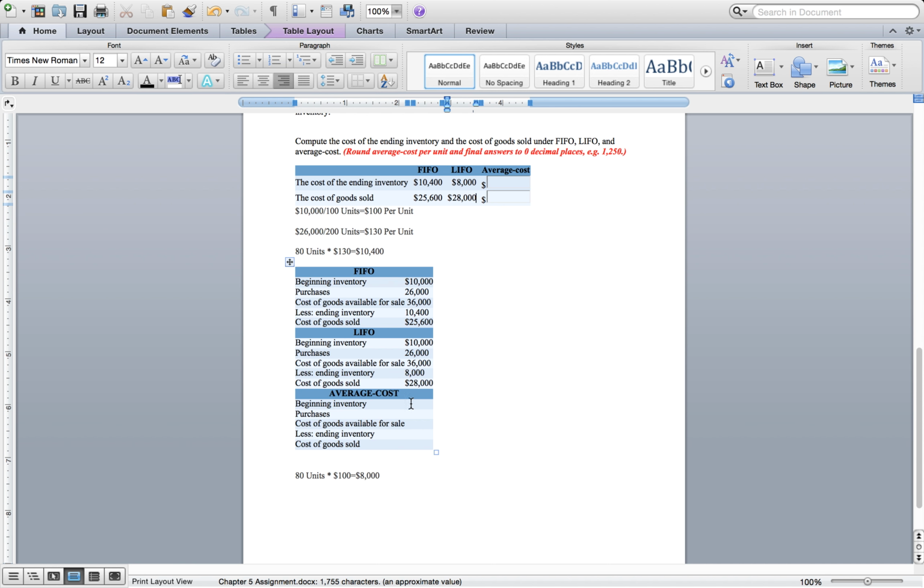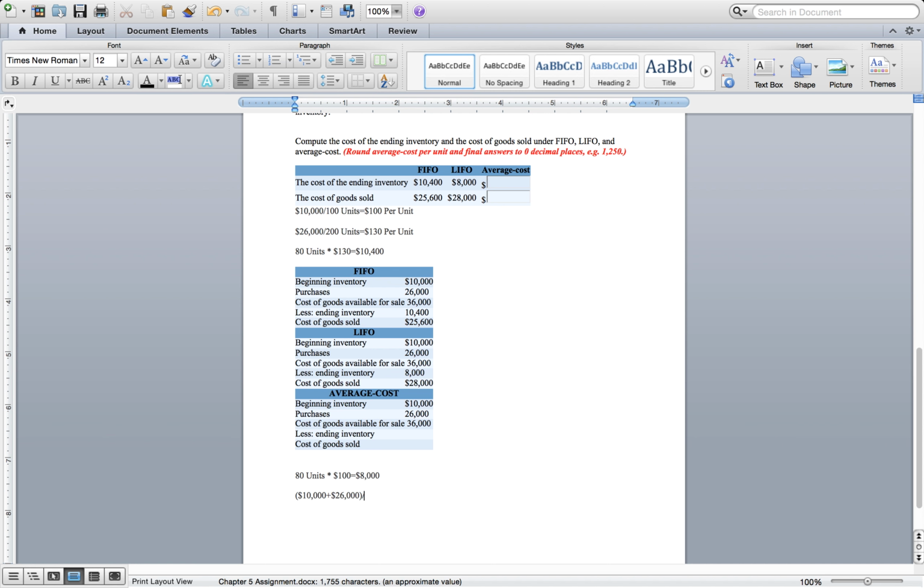And the last one for average cost. Average cost, again, still the first three lines will be the same. Again, inventory will still be $10,000. Purchases will be $26,000. And my cost of goods available for sale, that'll still be $36,000. Now, to get inventory with average cost, you want to take an average of both. Okay? So when you add both of these up, you add the $10,000 plus the $26,000